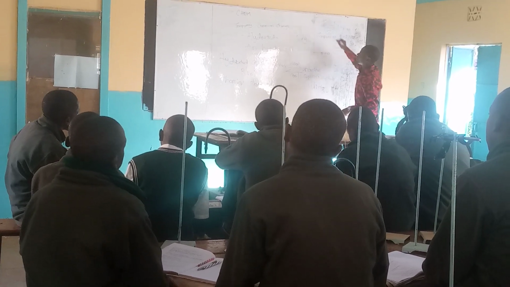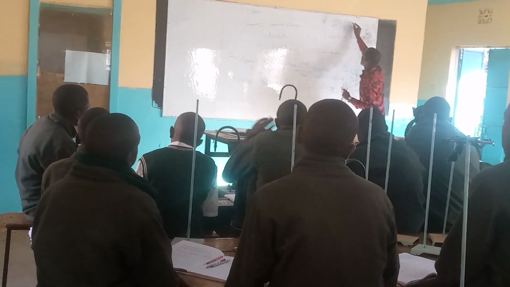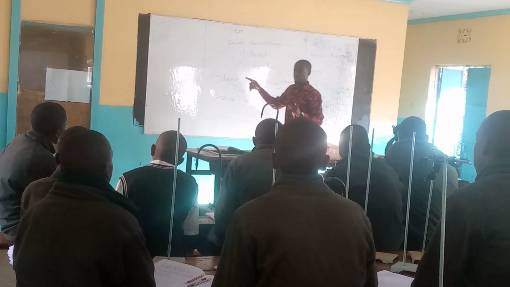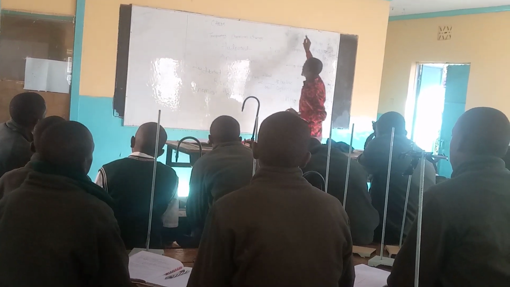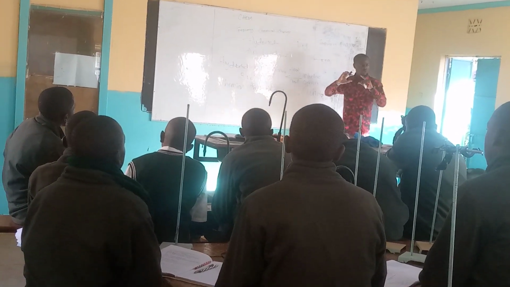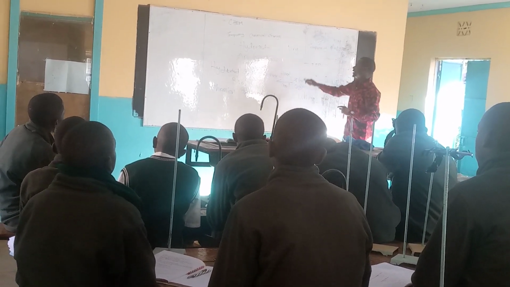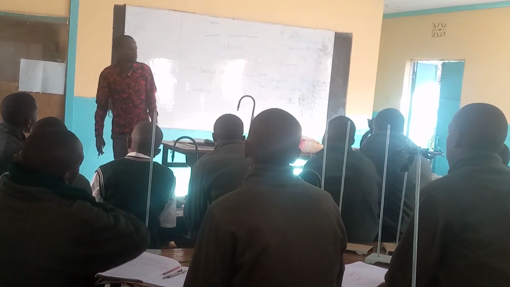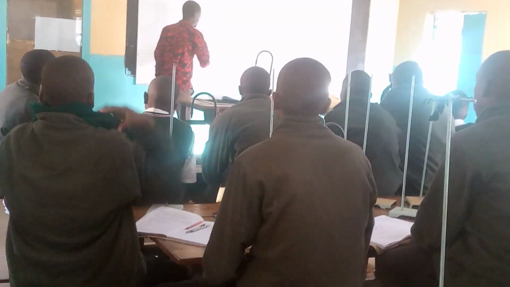Maybe there is water inside the container and you want to confirm. You are not sure if this is water. If you add anhydrous copper 2 sulfate, it will change to? First, before we think of the color, it was anhydrous copper 2 sulfate. You've added water. It will change to which color? Blue in color. So if somebody asks you the chemical test of water, you will say it turns